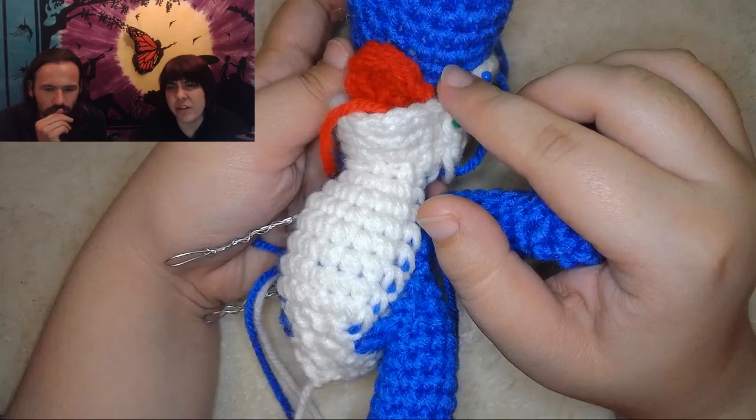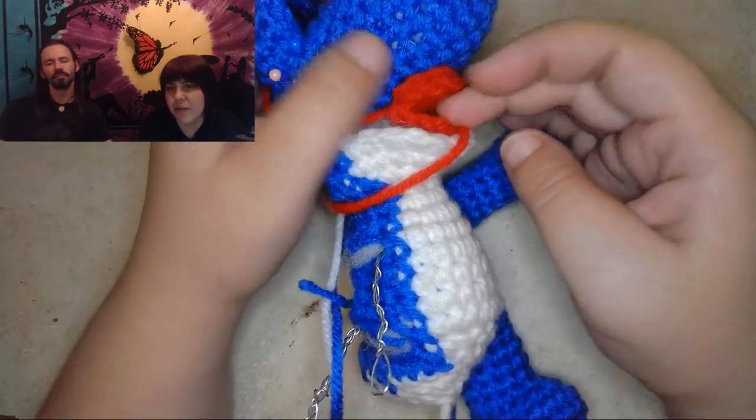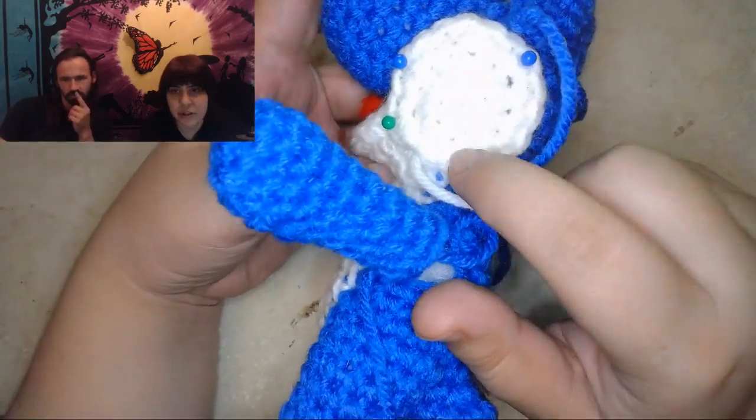I'm going to put a lip essentially right here that is in blue, so that this is even with that, and then sew that all in so that it's like a little mouth piece. Nice. And then you can see I've done it already on this side, but there's going to be a little